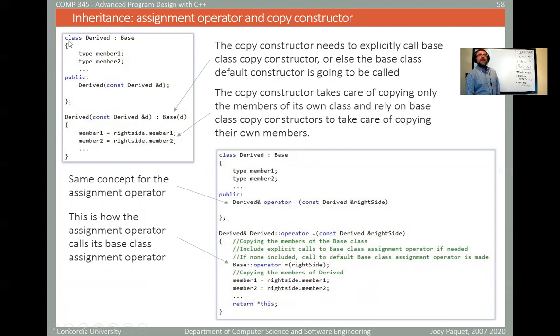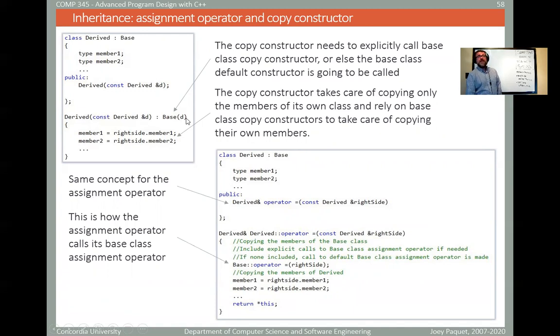Let's say you have a class named derived that inherits from a base class named base. This derived class has two members, member one and member two. Here's how you would define the copy constructor of this class. It receives an object of this kind. Then in the initialization list of this constructor, it calls the copy constructor of the superclass or the base class. So that's how the copy constructor of your derived class is calling the copy constructor